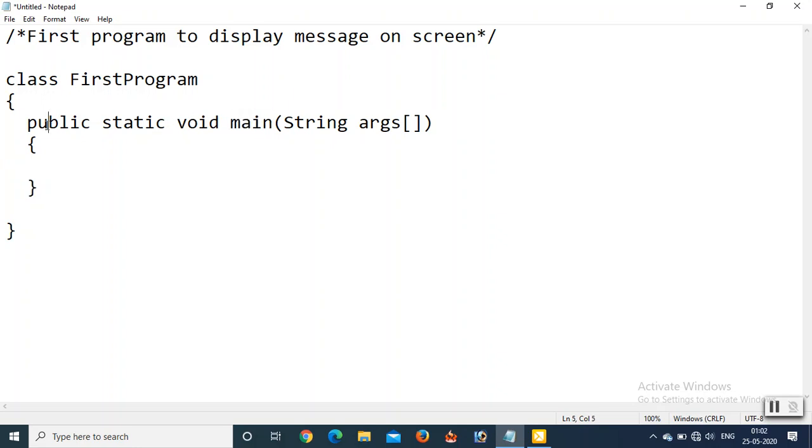So what about this public? It is an access specifier. In Java, we have three types of access specifiers. First one is public. We will use only public. Second one is private and third one is protected.